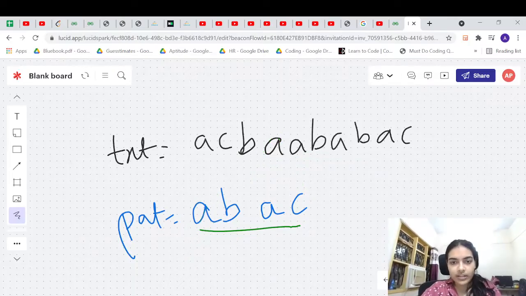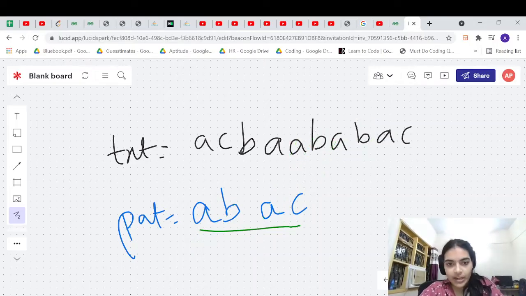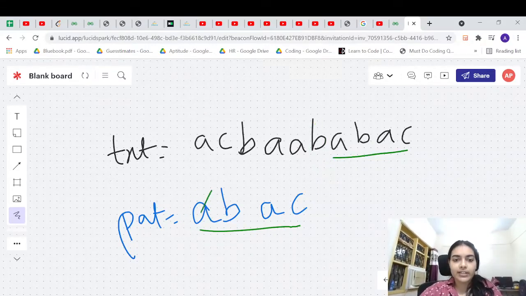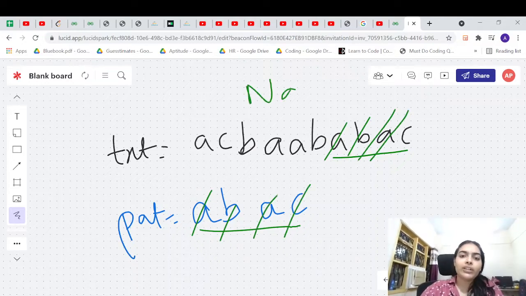In this case, this is also not the answer, so again you compare these four with these four. The first, second and third characters are matching, but the fourth character is not matching. So now you again try to compare the next string. The first characters are not matching, so again you compare these four characters. This time all four characters are matching. So this is the naive algorithm which we just saw.